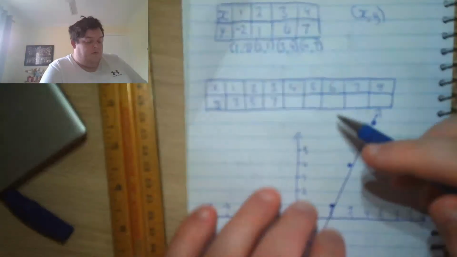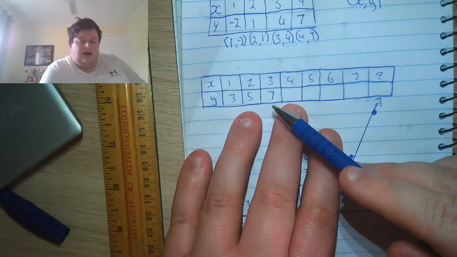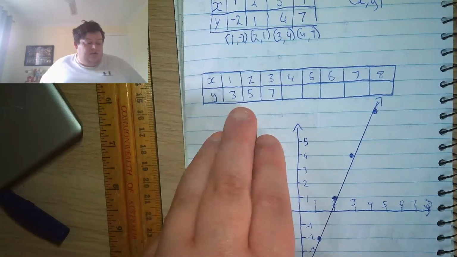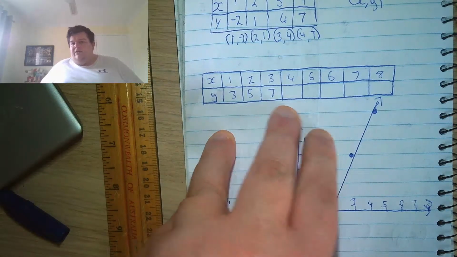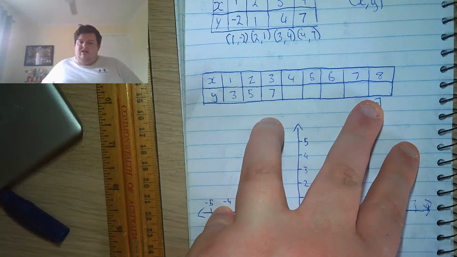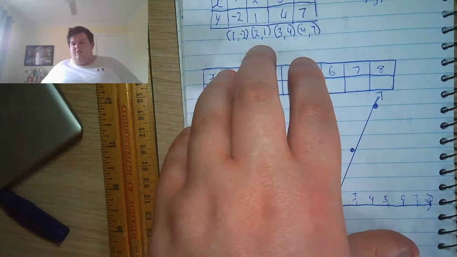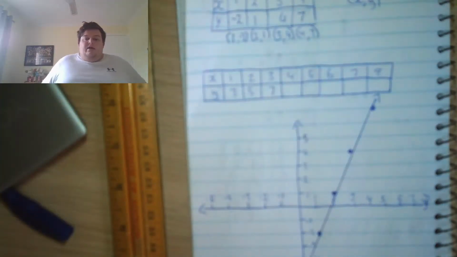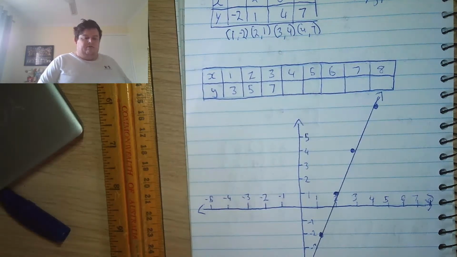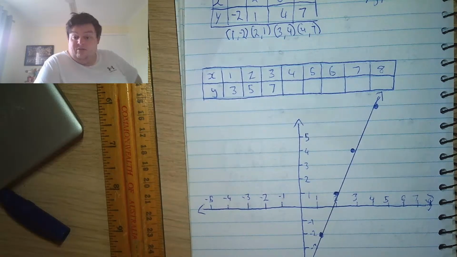with this table, what I want you to do is I want you to have a go. I want you to pause the video and see if you can follow the pattern first to finish off the rest of the table. Then when you're done, I want to see if you can graph or plot these points onto a Cartesian plane. So give that a go now, please. So pause the video and give that a shot, and I'll go through it in a second. Okay, assuming that you've done that,